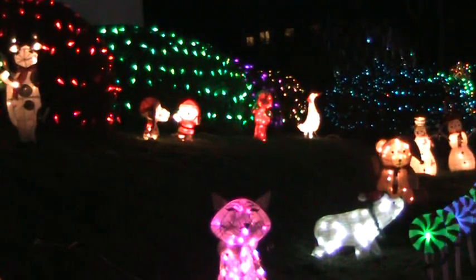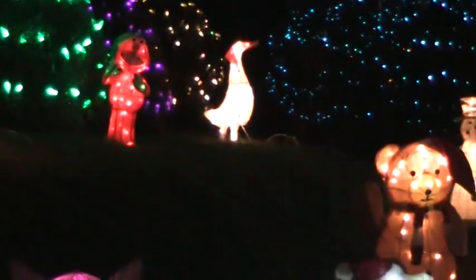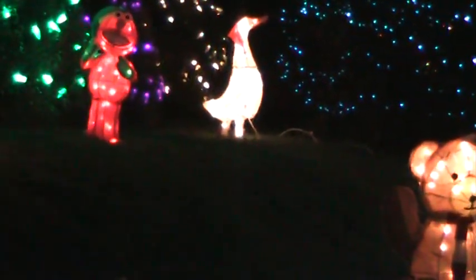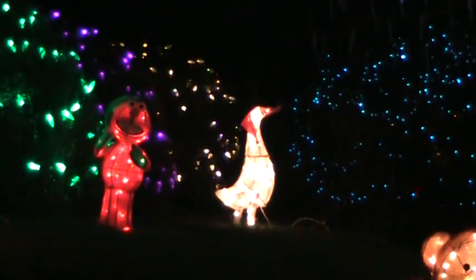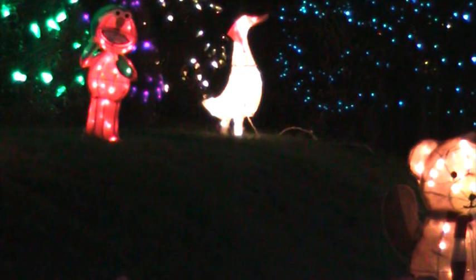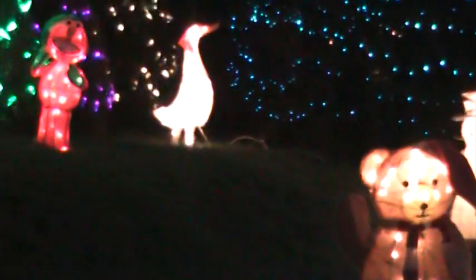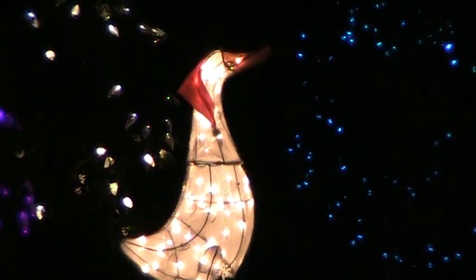There he is there. One of my favorite items also is, and I've got to zoom in on this guy because I just love this guy, is the goose. There's the goose there, right in front of the gold hedge, and between the gold hedge and the rose bush that has the teal or the bluish green lights on it. And let's zoom in on that guy. There he is. Oh yeah, I really like the goose. Yeah. Like, I'm terrible at filming, I'm just bad at it. There he is right there. Like, I really like that